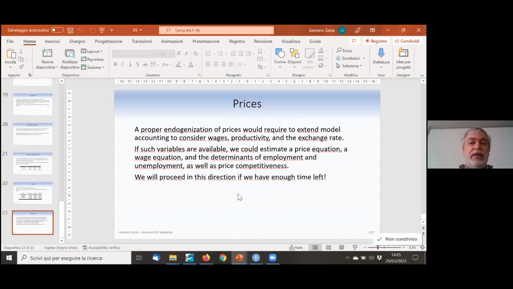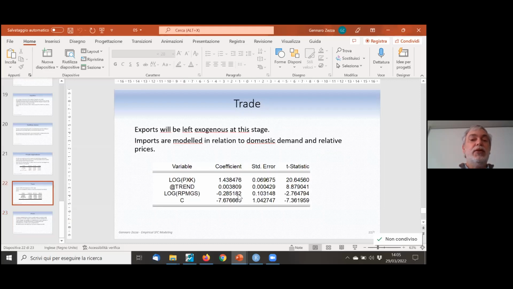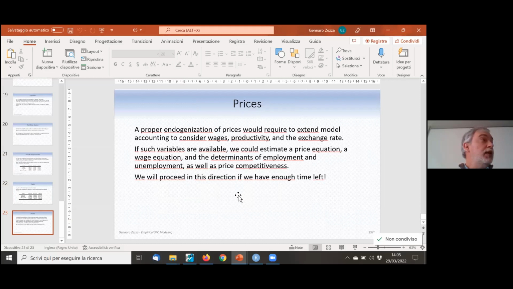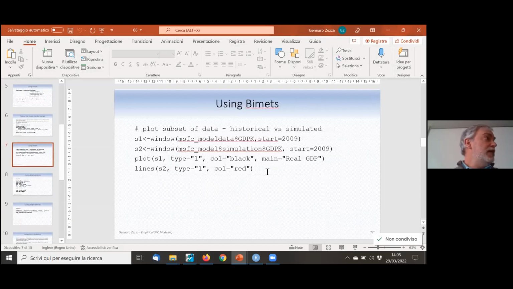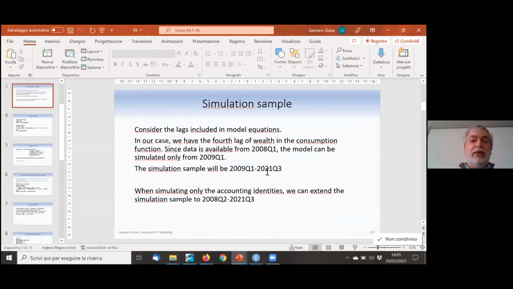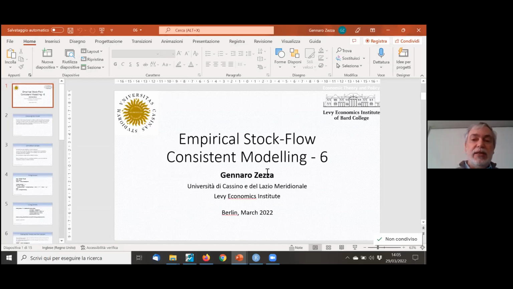I covered all of my slides in group number 5, which stopped with the estimation, and we still need to discuss prices, but in order to discuss prices, we will need a wage variable, which is not there, so we'll go back to it later. In my slides number 6,